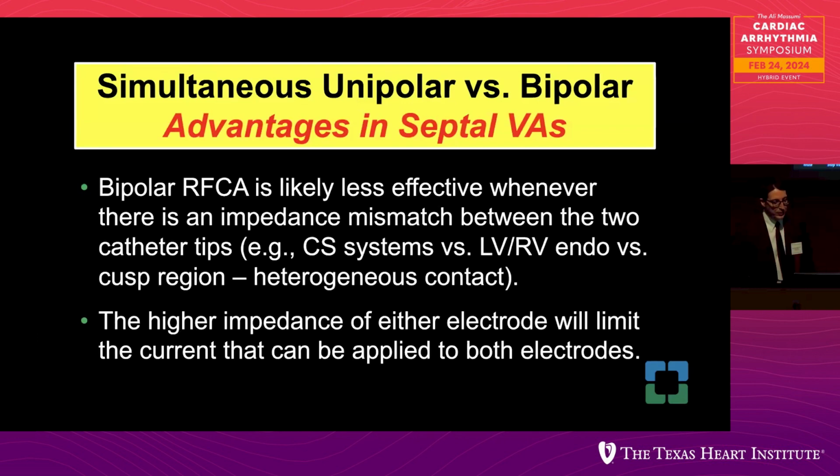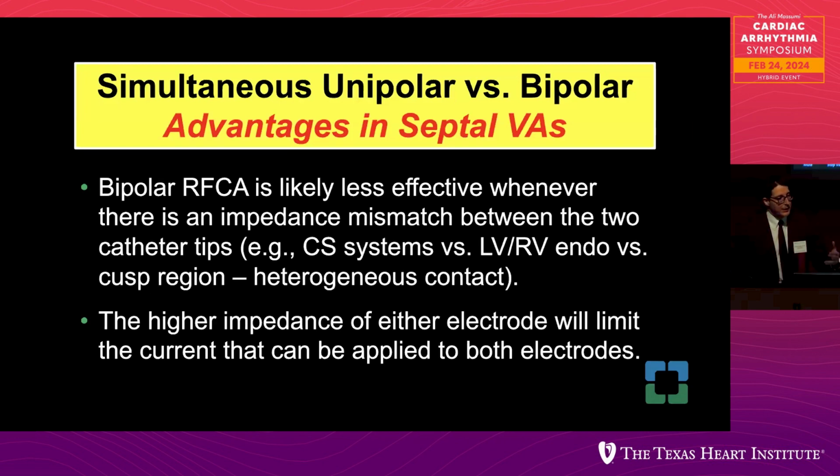And this is just my opinion. I think in the septal region, specifically when you're targeting epi to endo, or from the coronary sinus to the endocardium, or from the cusp to the endocardium, if there is an impedance mismatch between the 2 ablation catheters, simultaneous unipolar is more effective. The reason being is because bipolar is less effective whenever there is an impedance mismatch between the 2 catheters, because any bipolar RF application will be shunted to the lower impedance system, so visually it becomes like